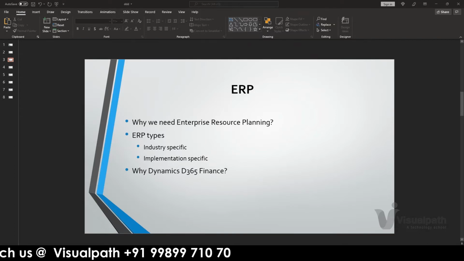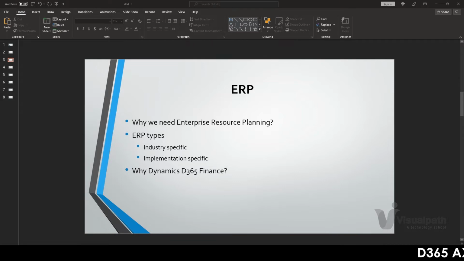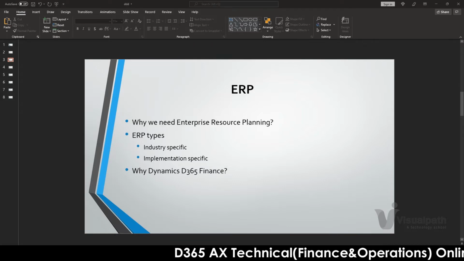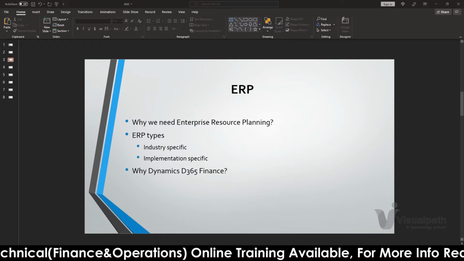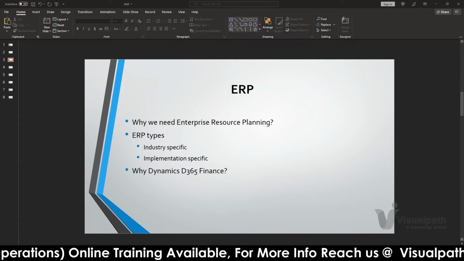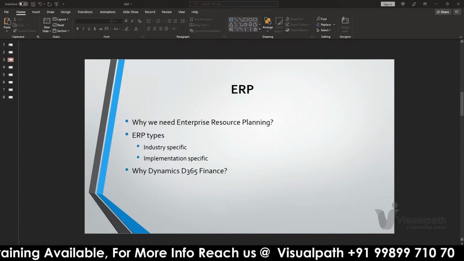Why that much cost? Just to give you a rough example, to implement a medium-scale industry, if the company wants to implement SAP, it may take around 1 or 2 million, for suppose.